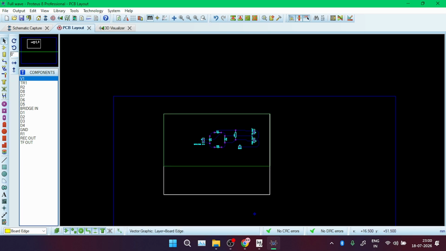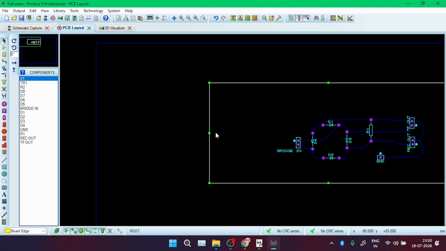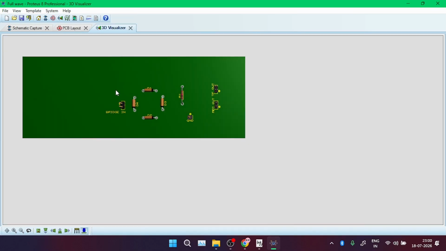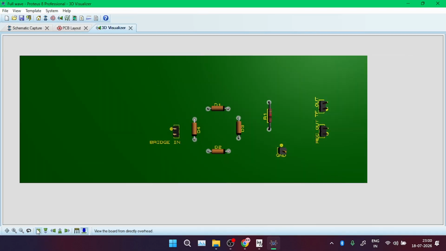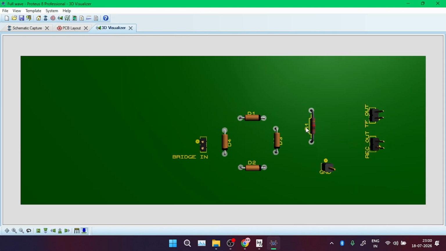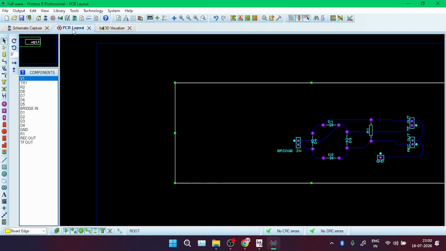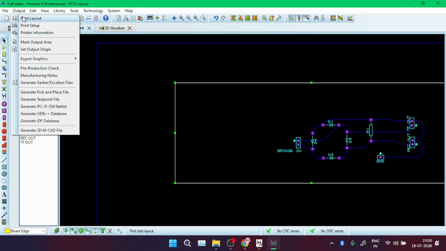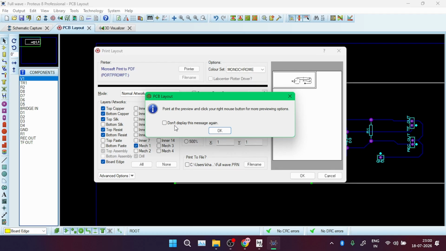Placing it there and placing it there, and I'm leaving some space for the transformer here. Okay, so that's the complete board. This is the complete board, and to get it ready to print, just click on output, print layout, and I